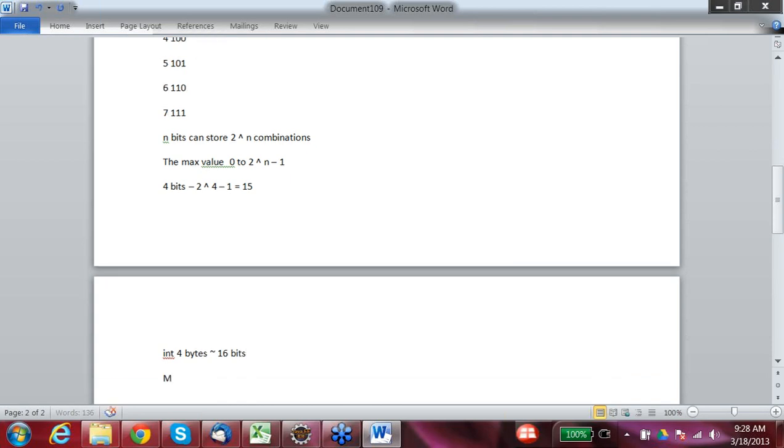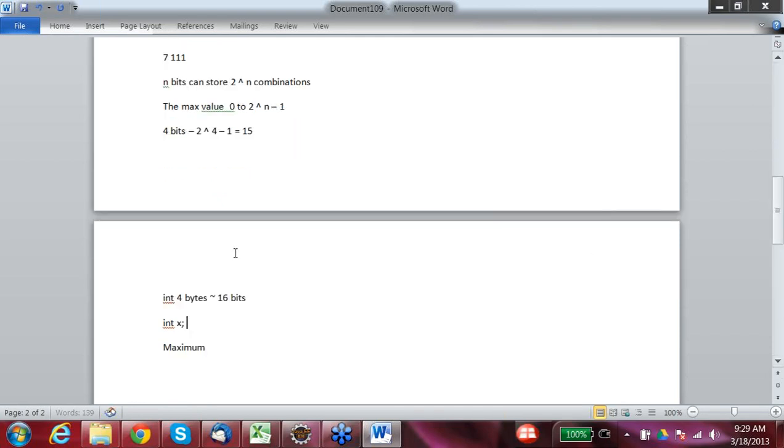So what is the maximum integer value which can be stored if I declare a variable with int? If I say int x, I'm declaring the variable, and whatever value I assign will be stored in 4 bytes, that is 16 bits. So the maximum integer value which can be stored here would be 2 raised to power 16 minus 1.